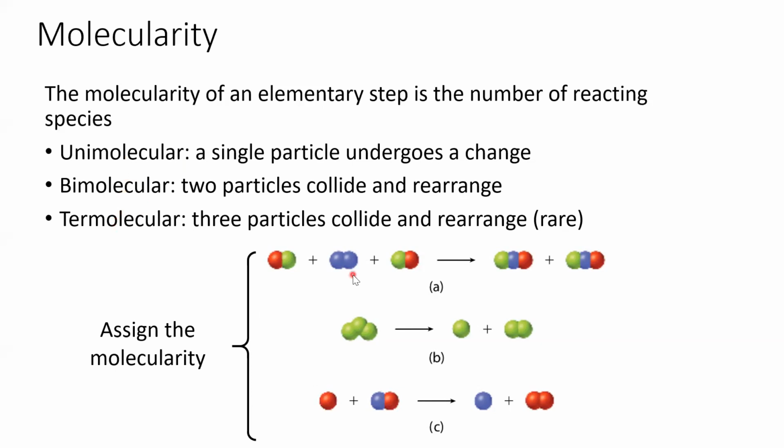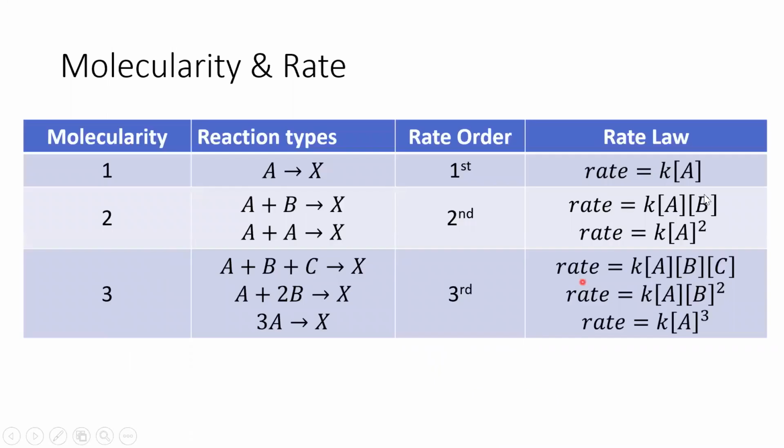So the first one is termolecular, 1, 2, 3. The second is unimolecular, right? We've got one reacting particle. What would the third one be? Bimolecular. When we look at these molecularities, the rate law is based off of the stoichiometry in that elementary